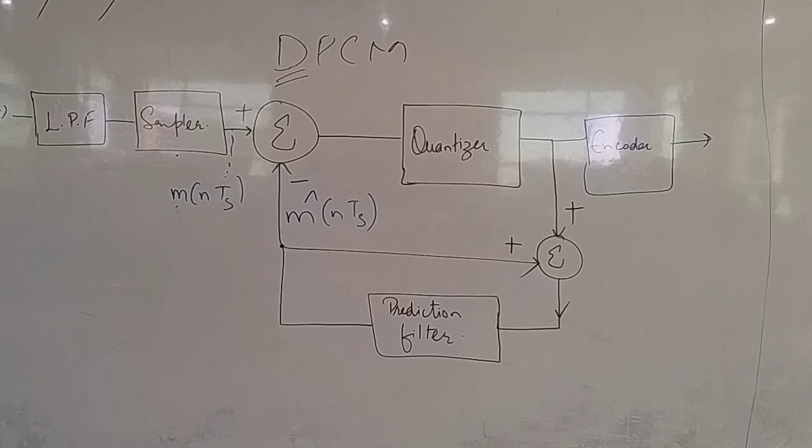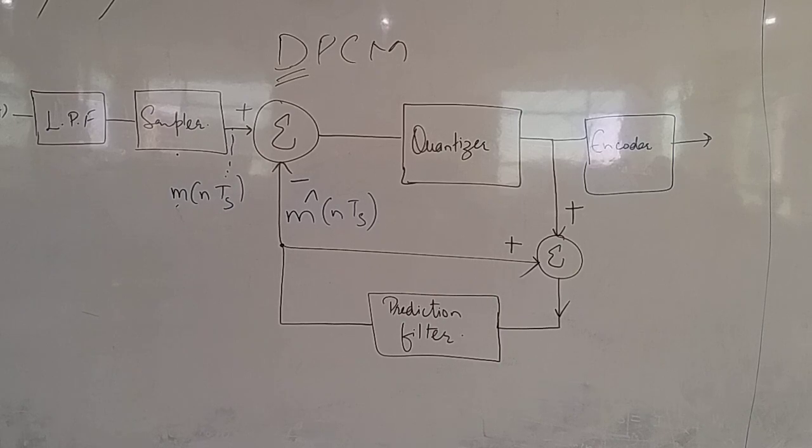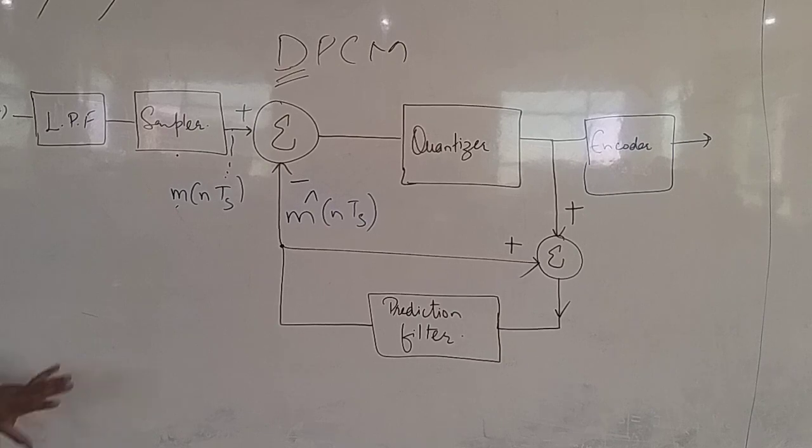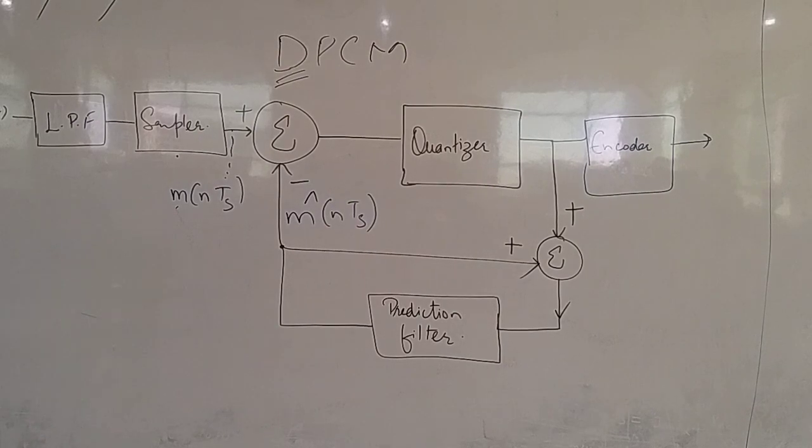Prediction filter predicts its nearby future value, कि future value सिग्नल का क्या होगा, comma, the prediction done by the prediction filter